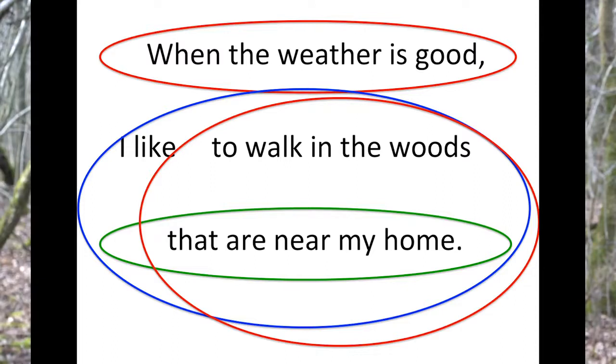Right. So now we have analysed the different subjects and the object and where the predicates are and so on. And now we can actually identify what clauses we're dealing with. Let's briefly just take a pencil and circle the clauses that we found. So when the weather is good, we can circle this one. I like to walk in the woods that are near my home. The whole thing can be circled, and we can put a little main underneath. This is the main clause, I like something. Then we can circle to walk in the woods that are near my home. This is some sort of other element that indicates something more.